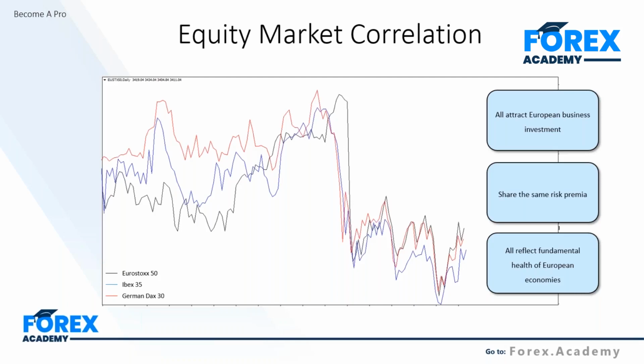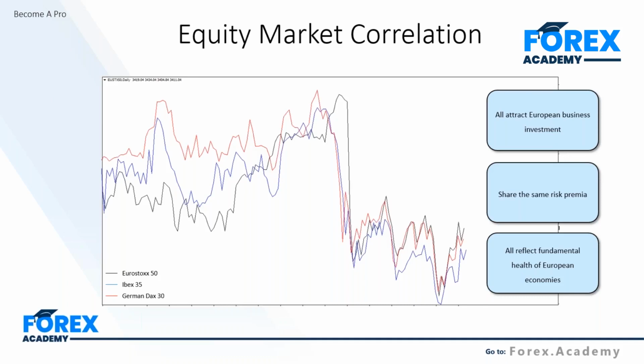It gives us an added level of mitigation of risk and allows us to effectively follow the move of weakness with some element of protection across markets. So you can see the charts here. We have the Euro Stoxx 50, the IBEX 35, which is the Spanish index, and the German DAX, all trading, over the long term, quite relatively correlated.